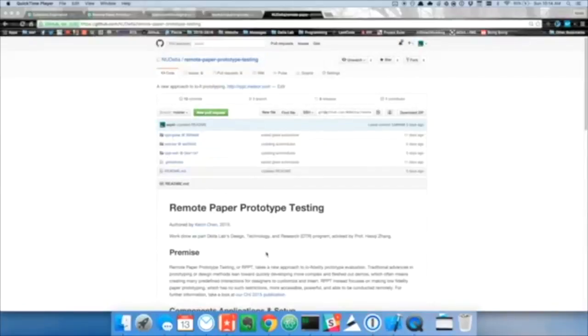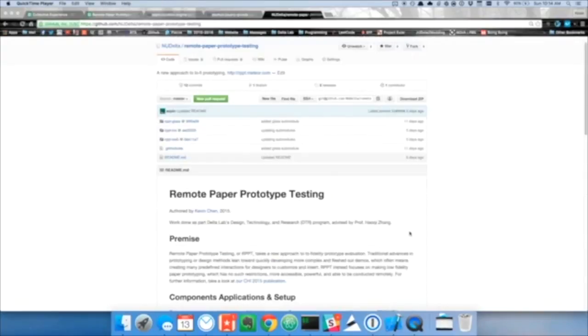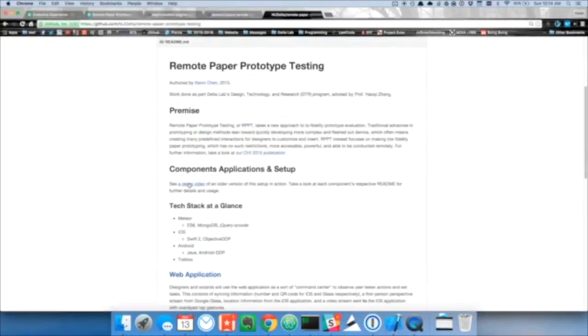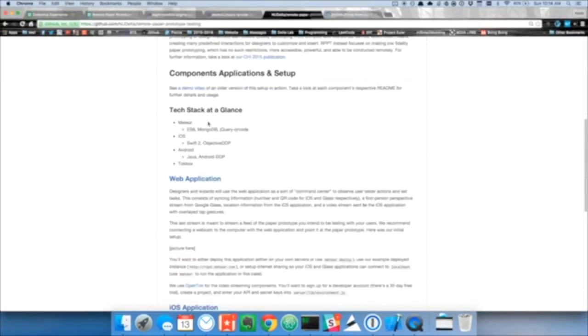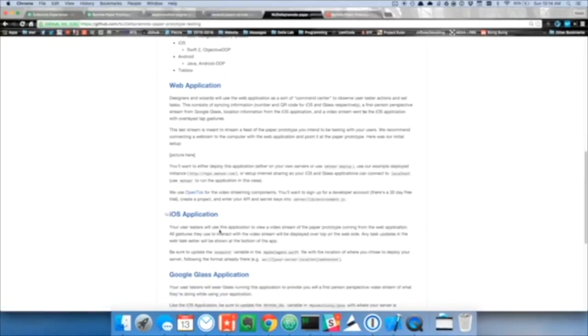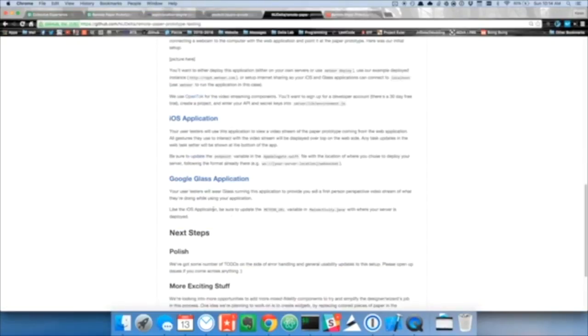I've separated out all of the different components of RPPT into their own repos, just linking to them here in the main one, with a description of what RPPT is, a link to the publication, a link to our demo video, and also showing all the components and what the intended physical space setup is. Within each of the descriptions I'll be talking about anything that needs to be done more specifically for each application